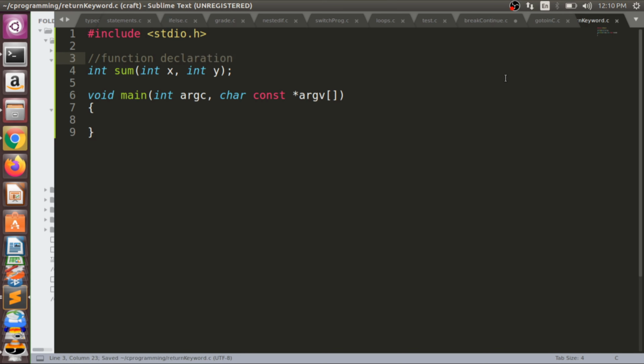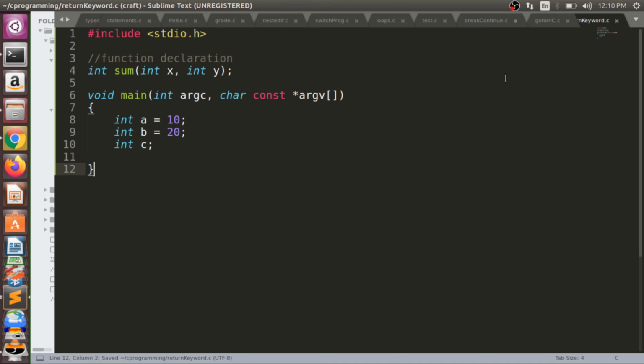So this is a function declaration, and I have int a is equal to 10, int b is equal to 20, and int c. And here this is my program.